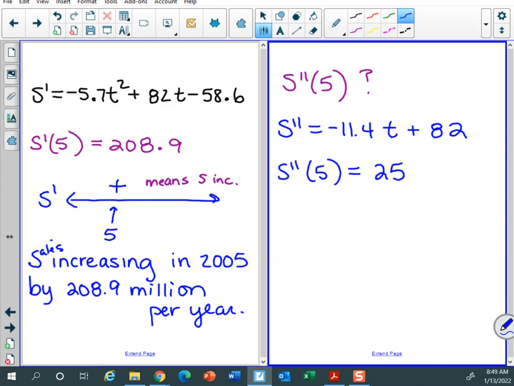There it is. All right, so S double prime positive means